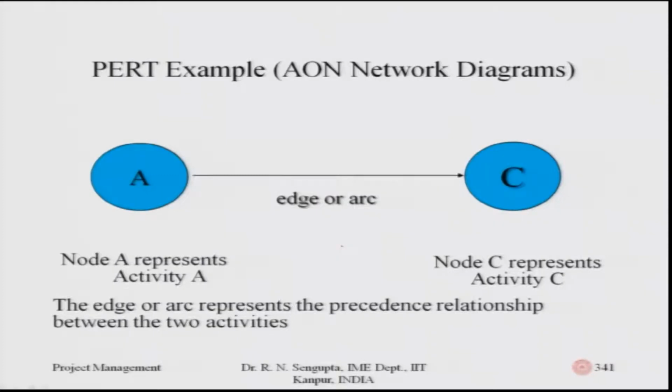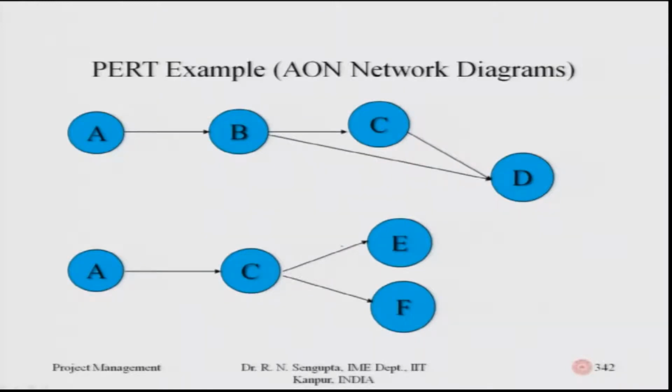Node A represents activity A, node C represents activity C. This is the edge or arc, and the edge or arc represents the precedence relationship between two tasks, activities or jobs. Now, in this diagram, I have not started the problem. These are the different sequences of jobs you may have. A leads to B, B to C, and B to D also,